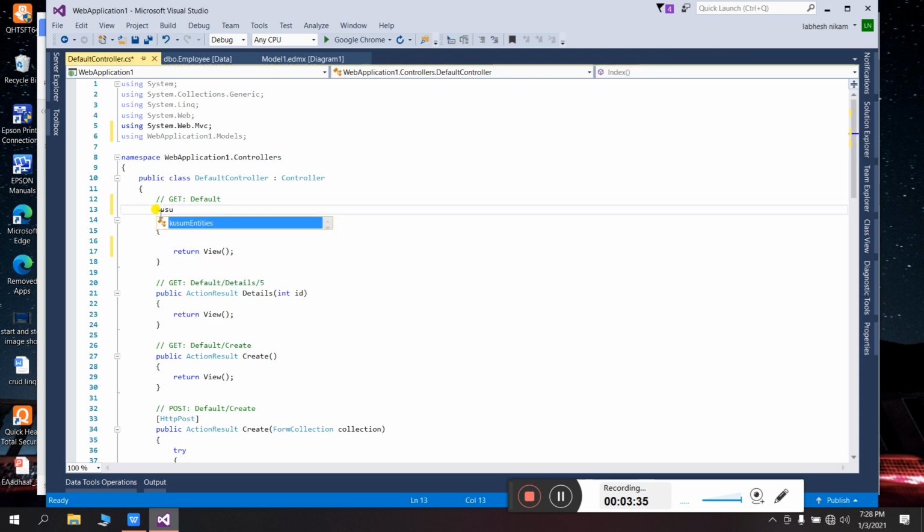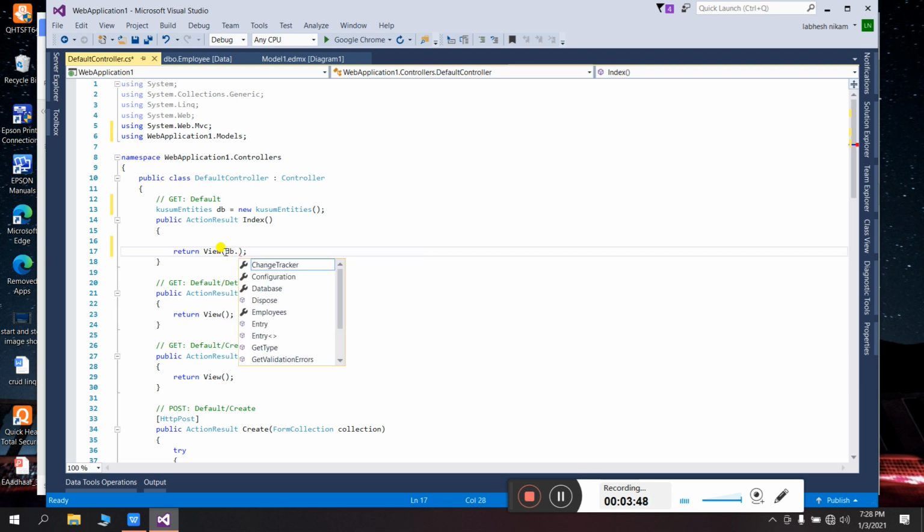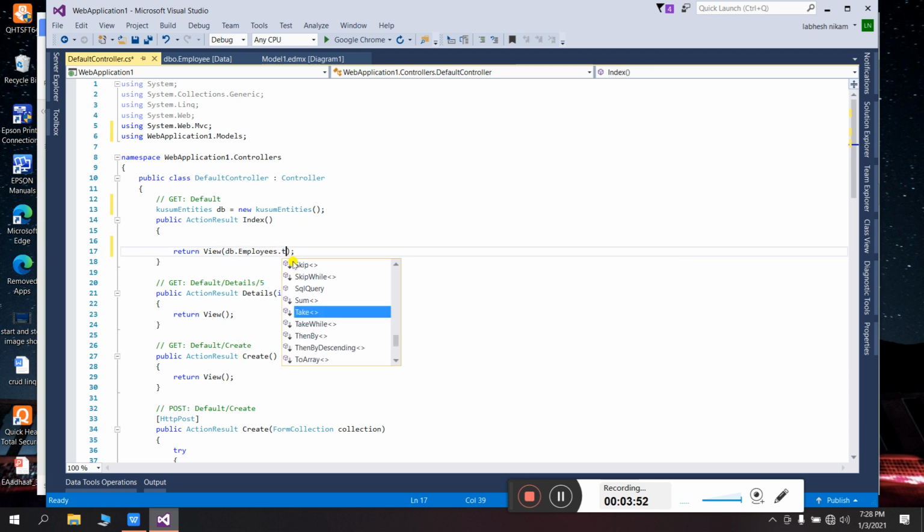So let's add KusumEntities db equal to new KusumEntities, right? And here we'll pass db dot the name of the table, Employees dot ToList.